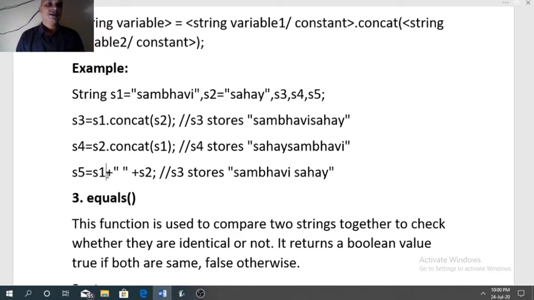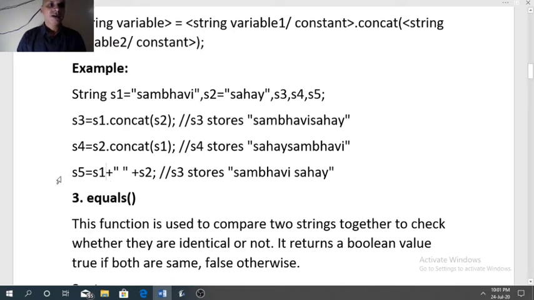Just type the plus operator between the strings. So in most cases we use the plus operator.